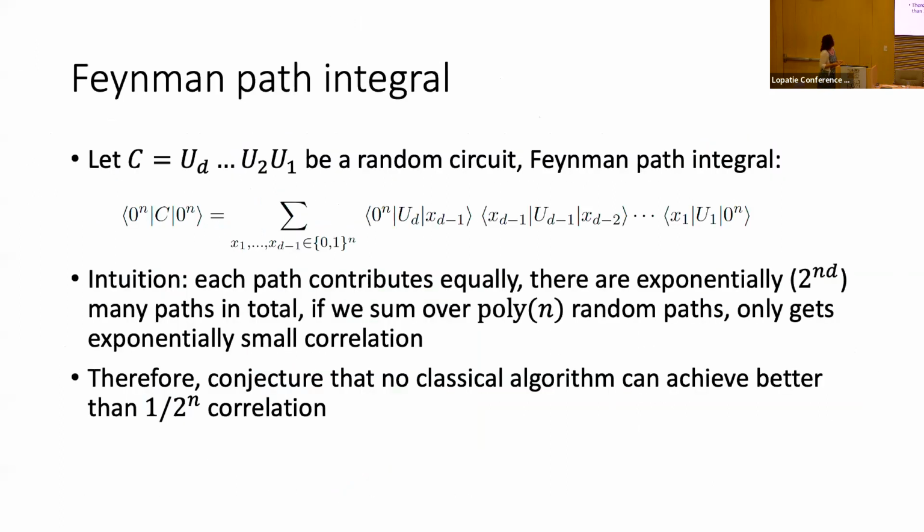The first attempt to simulate quantum computers goes by the Feynman path integral, and it just requires exponentially many paths. Since there's no reason to think that one path will be more important than another, you'll have to go through all those paths. This is why the straightforward way to simulate quantum computers takes exponentially long.